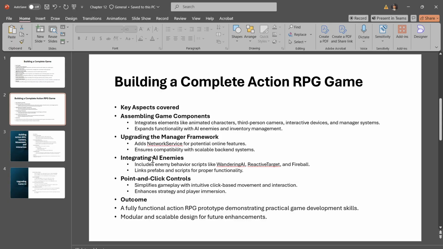And then implementing the point and click controls. The game transitions from a third person control system to a point and click control scheme, which is common in action RPGs. How it works is players click on the ground to move the character to the clicked location, and clicking on objects or enemies triggers interactions or attacks. This control scheme is intuitive for RPGs and enhances strategic gameplay by simplifying movement